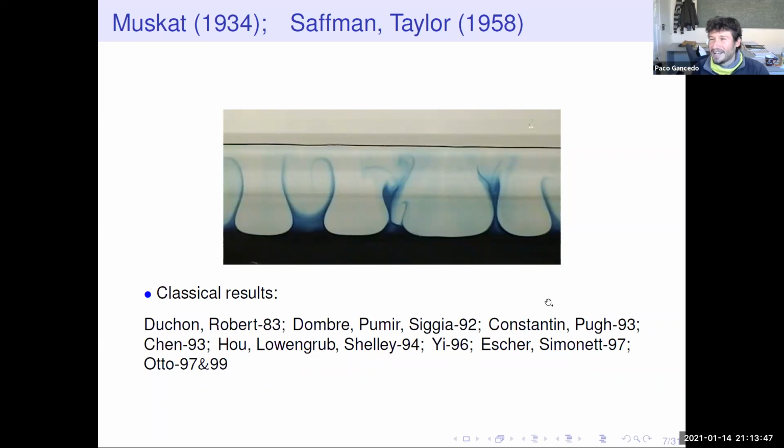And here I'm sorry, I'm going to be selfish. The notation I'm going to use for classical is just from when I was an undergrad, so I wasn't working on Muskat at all. So these are the classical results. Okay, so you see here strong people, very interesting results. And then later,